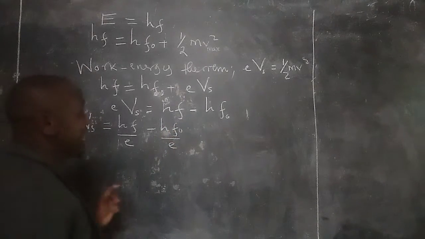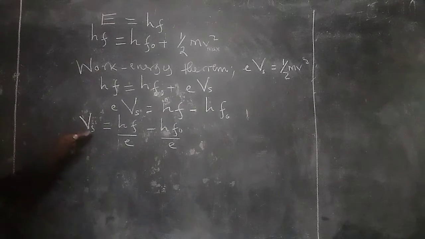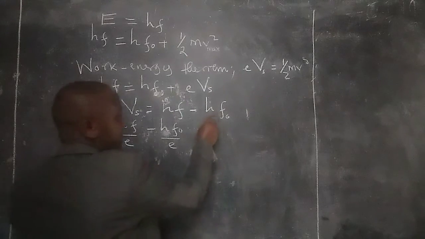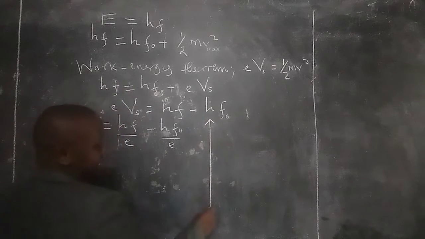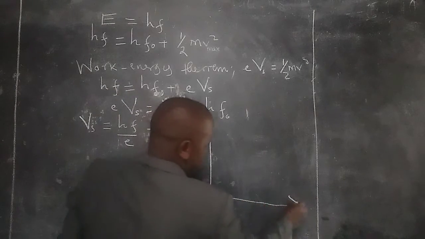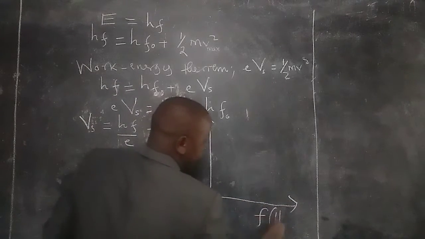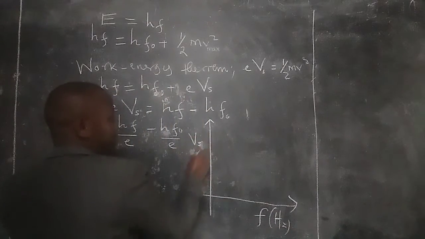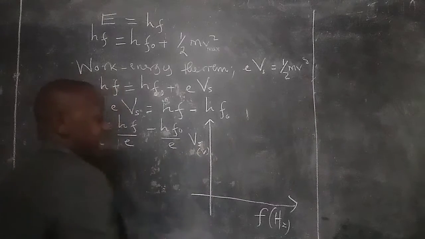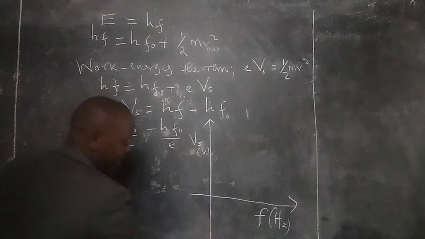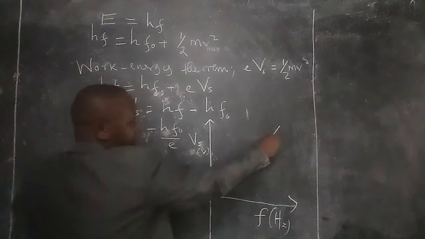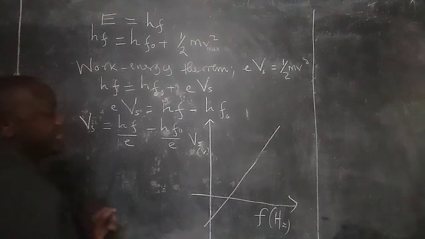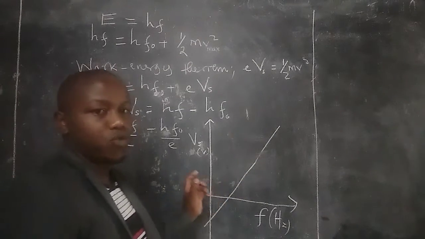So now, in case stopping potential is plotted against frequency, such that we have frequency in hertz on this side and stopping potential in volts on this side, then we shall obtain a graph having this shape. And to a graph, we usually say this,